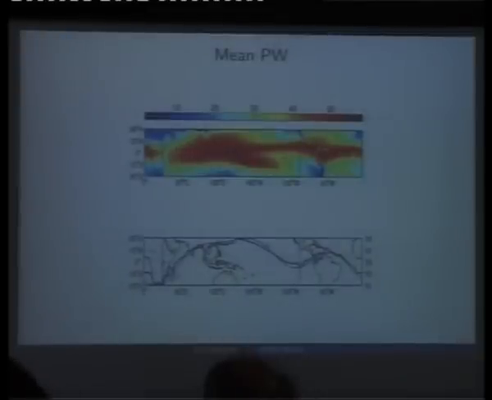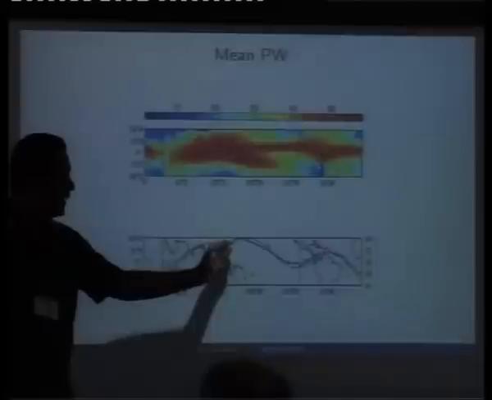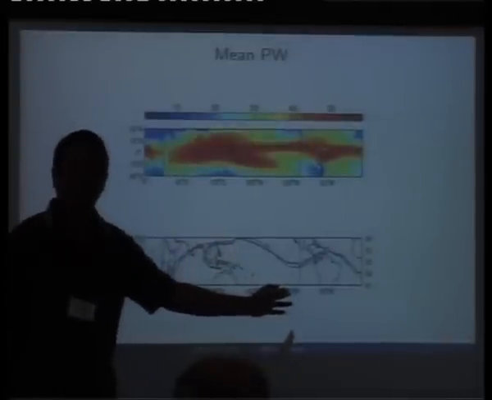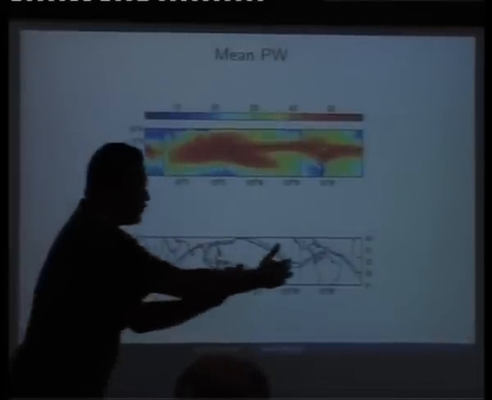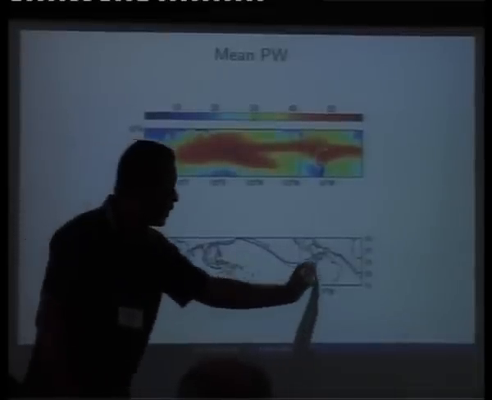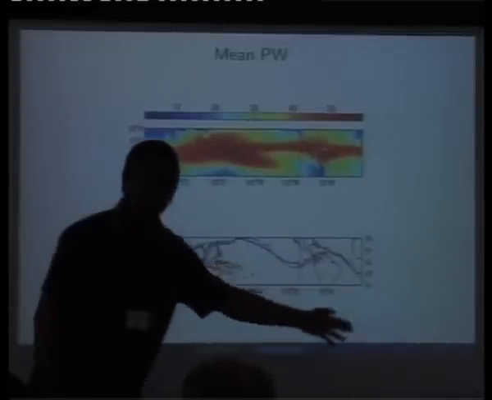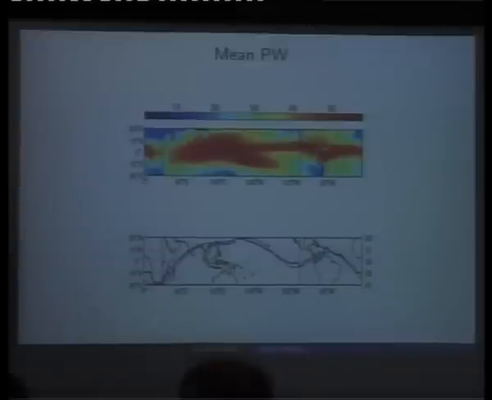Right? The second point, which is shown clearly in the panel below, is the longitudinal structure of precipitable water. And what I want to show you from this is mainly that there are two envelopes of precipitable water in the tropics. The first begins off the coast of Africa, rises over Southeast Asia, reaches a maximum around the West Pacific, and then falls off by the East Pacific. The second envelope, which is much smaller, both in longitude as well as in magnitude, begins off the East Pacific, attains its maximum approximately over South America, and then falls off over the Atlantic Ocean. So you have a precipitable water structure which has two principal envelopes, right?